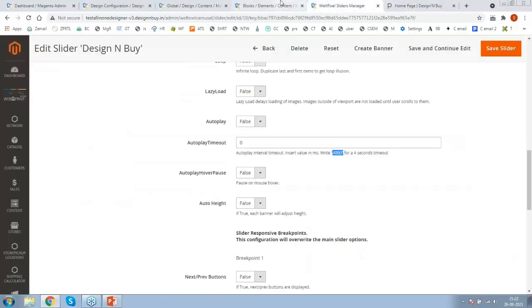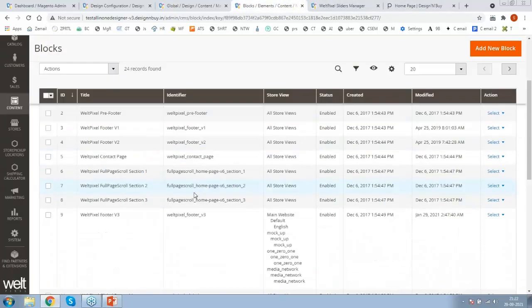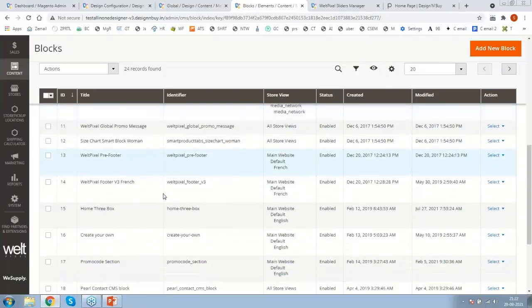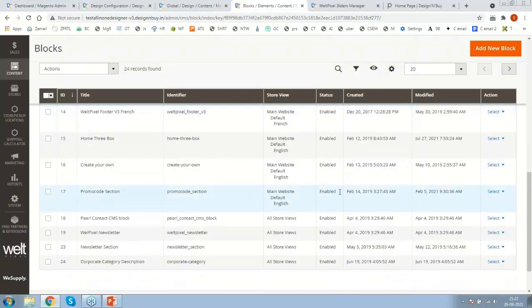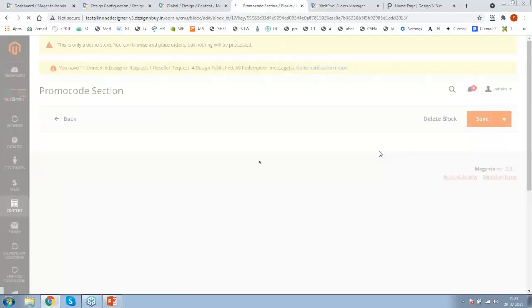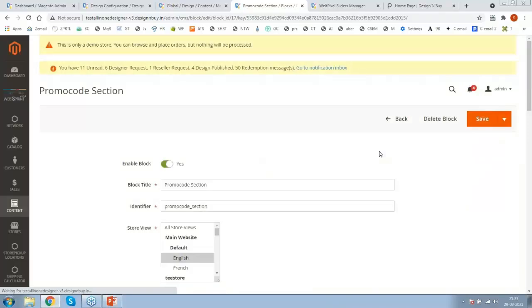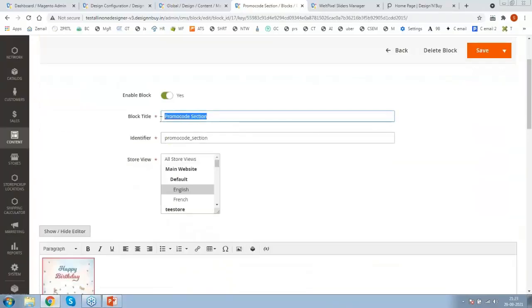So first of all we need to find that block that is a promo code. It is here, see promo code section, select and edit. Here you can see promo code section and the identifier is promo code.